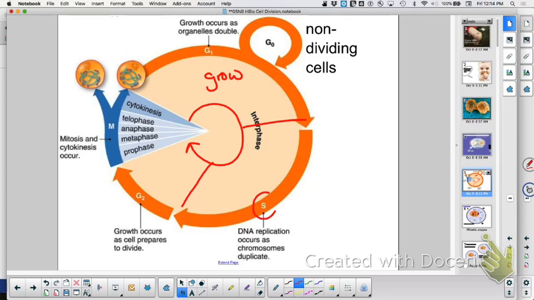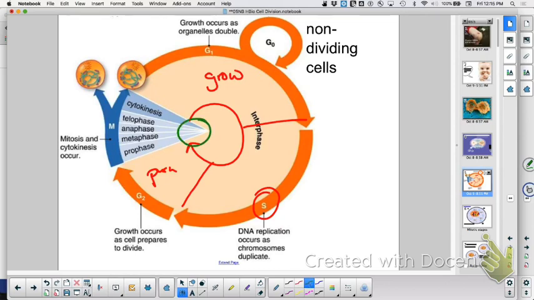What does the S stand for? Synthesis. What are we synthesizing? DNA. This is when we are making the sister chromatids. We can't see them as rod shapes yet, but you're actually making the sister chromatids. G2, what are we making a lot of? Proteins. Good. Okay, this next stage right here, this whole stage is referred to as the M stage, but just